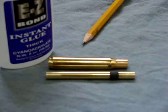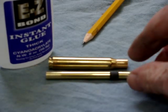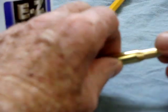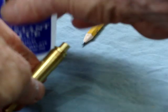So I haven't seen this done before, but I thought I would try soldering it in, and it works really good. So here's my way of going about it, and as you can see here, we got the tube. I got a little piece of 1/4" shrink wrap on there. That's just for centering. And what I'll do here now is just place the tube inside, push it right through,